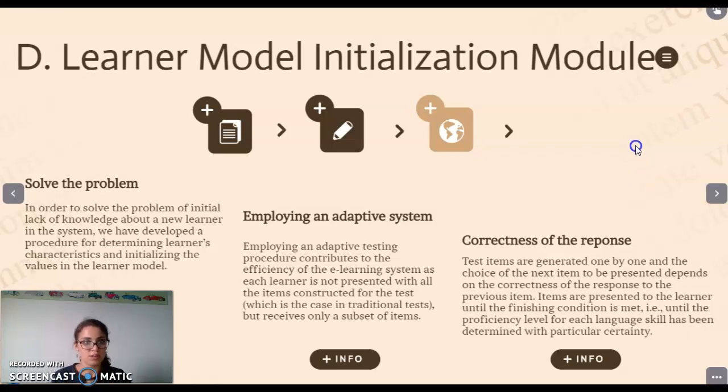For the learner model initialization, there are three steps here. First one, solve the problem. In order to solve the problem of initial lack of knowledge about a new learner in the system, we have developed